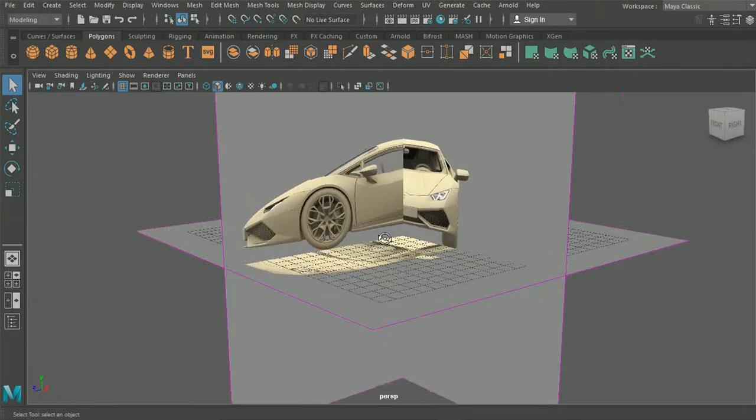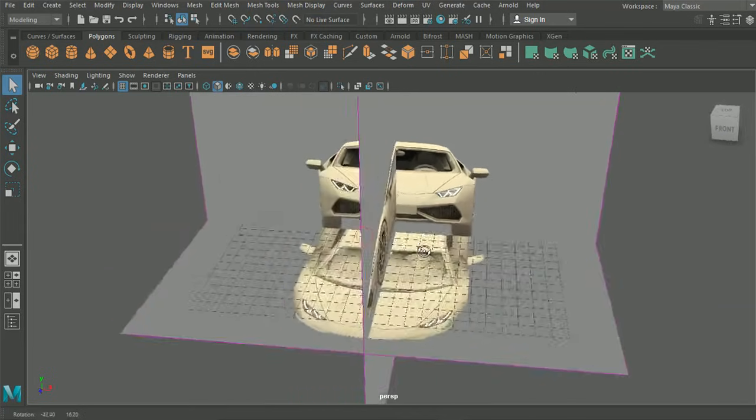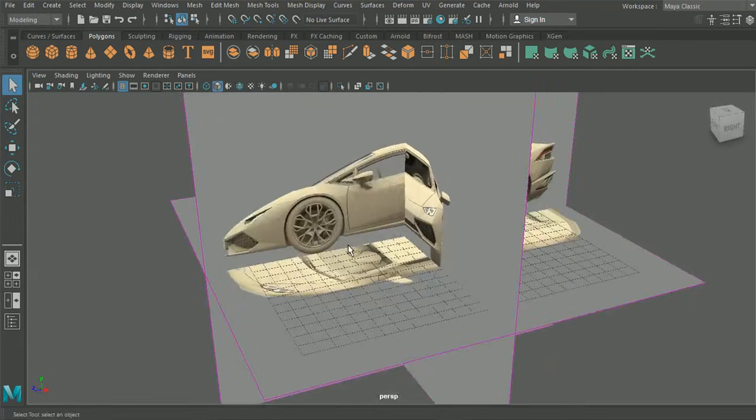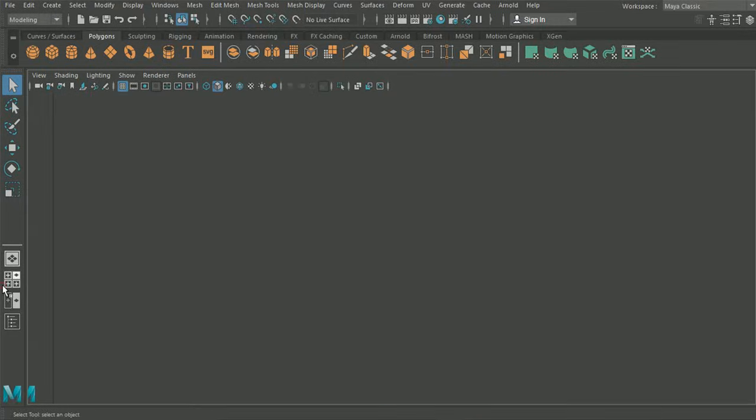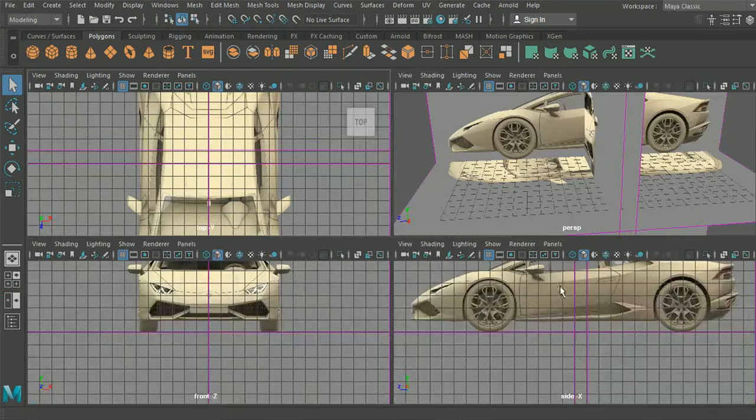So, modeling a car or anything is fairly subjective. Depending on who's showing you what you're doing, depends on where they would start their model. Where I like to start my models is around the wheel arch here on the front. The reason that I like to do that is because we can see here that this section is practically